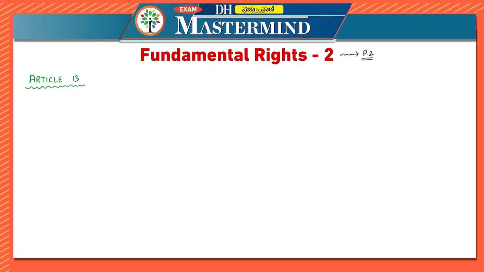So what are the two words? The first word which you have to understand is what exactly is void. What does void mean? Then the second one is what is derogation. So let's know the meaning of void and derogation. Void means not valid. You can also call it invalid, correct? Void means it is not valid or it is invalid.